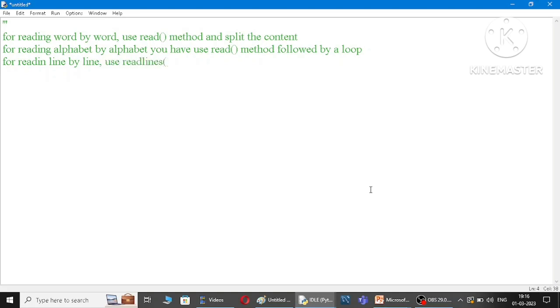So these are the three things that you have to use. Just remember these three. If you follow these three, you can apply this to any kind of reading text file programs. If you want to analyze something word by word, say for example, count how many times the word "the" occurs in the file, how many times the word "my" occurs in the file, what is the starting letter of a word, anything that is related to words, you have to use the read method